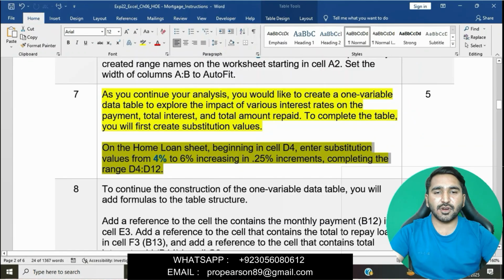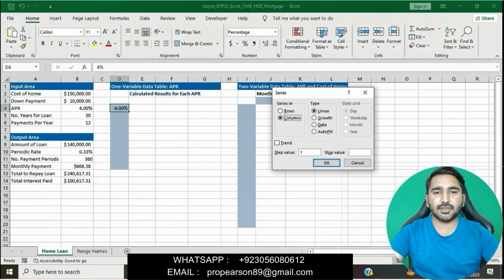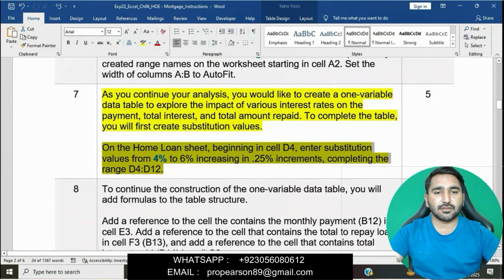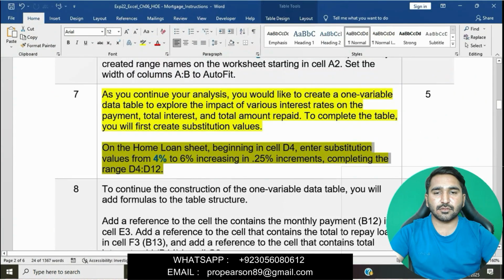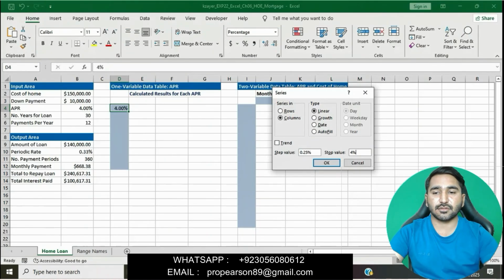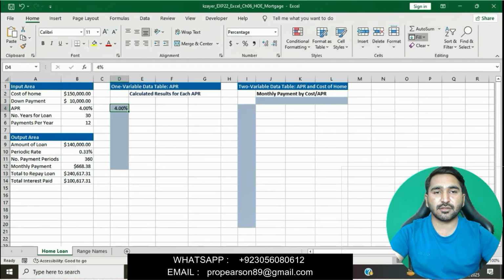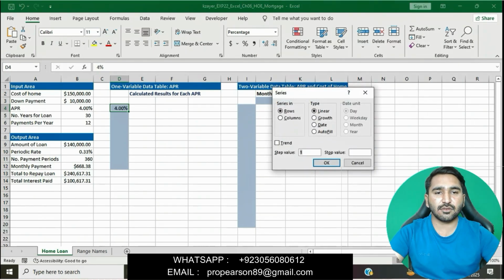Step value is 0.25% and the stop value is 6%. Sorry, 4%. Then click on OK. Sorry, we will again click on fill series.